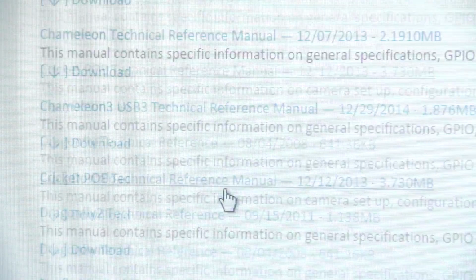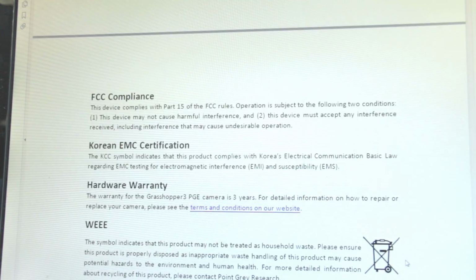For Point Grey cameras, we list each model's triggering modes in our technical reference manuals, which can be downloaded from our website at